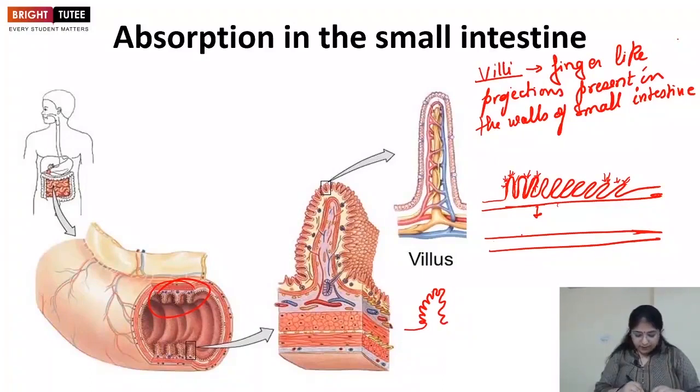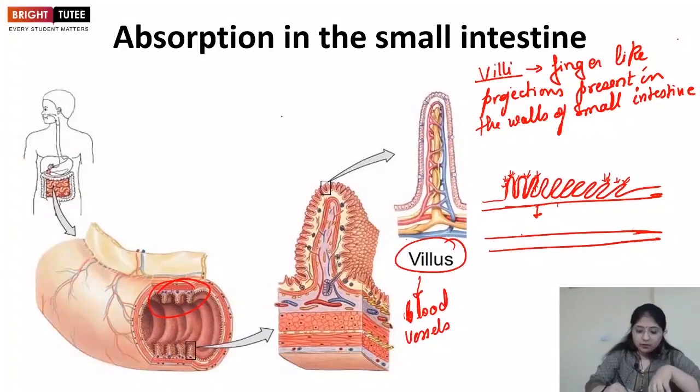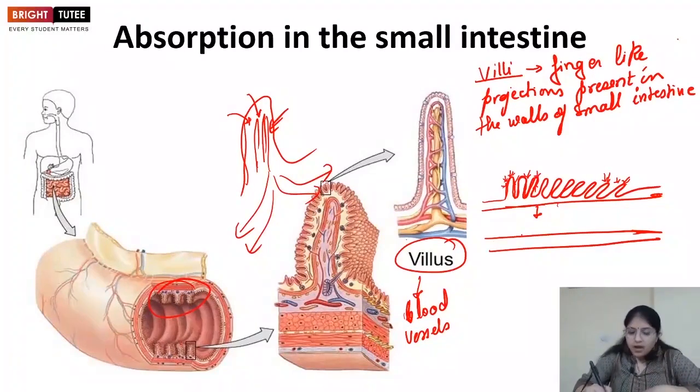Now over here, these villi have been magnified to show you. The singular of villi is villus, and it is supplied with a large amount of blood vessels, right? And these blood vessels assist in the absorption of food, right? So what happens is that suppose this is the surface of the villus, and over here you have the blood capillaries, right? So the food gets absorbed into the blood vessels or the capillaries, and from this it is transported to all the parts of the body, right? So over here you can see from this particular villus what is happening. The nutrients will go into the blood vessels, and from the blood vessels these nutrients will be transported to all the parts of the body,